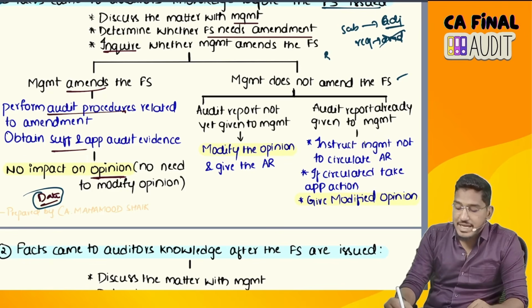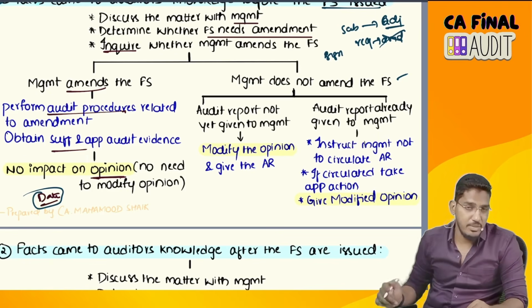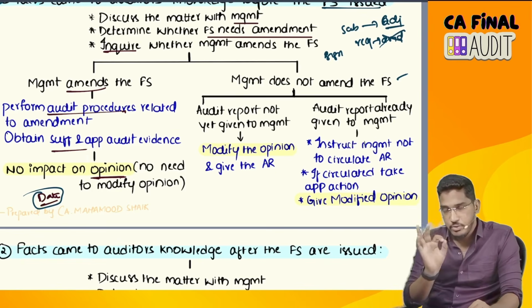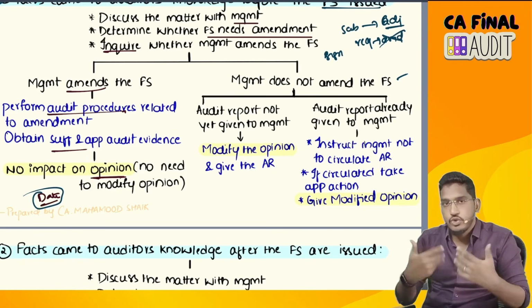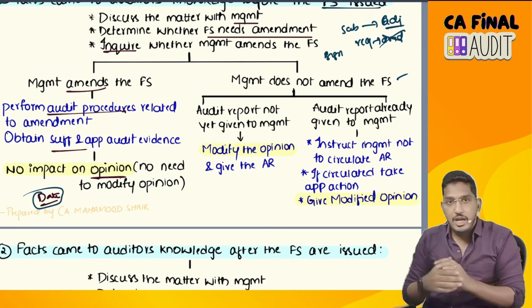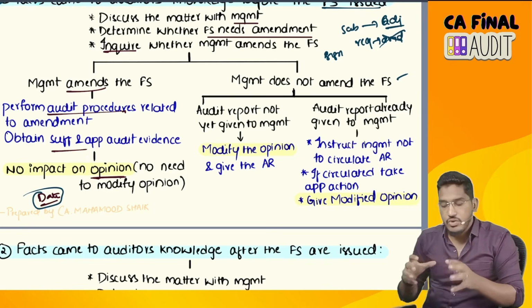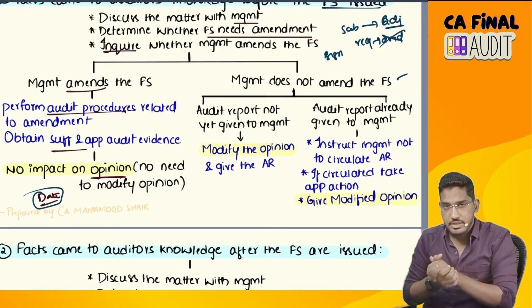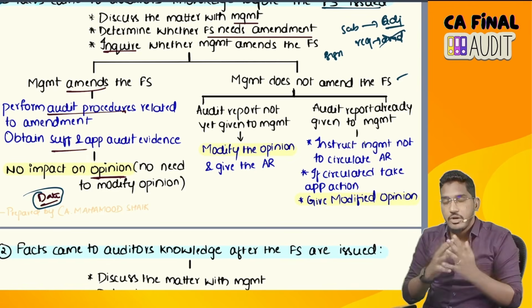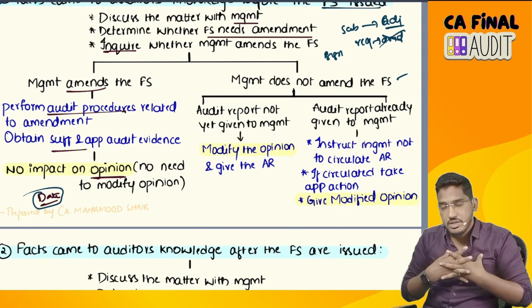Scenario number one, you have signed the audit report. You have not yet given it to the management. You signed the report. You thought, for example, today you signed the report, tomorrow you wanted to give it to the management. But before you can give it to the management, you got to know about the subsequent event. I requested the management to amend it, but they are not amending. But since you have not yet given the audit report to the management, the audit report is still with you,